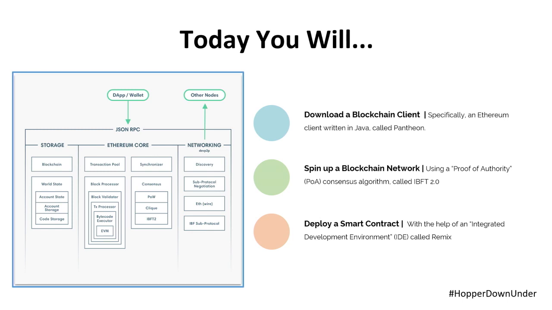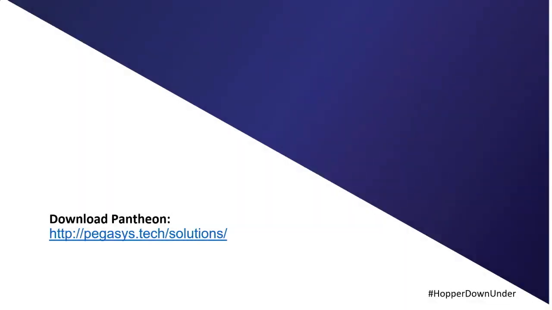And then finally, you will deploy a smart contract. So just a basic contract where you will do something as a member of this network you will be part of. And that is the simplest way that I will explain it. Okay, so